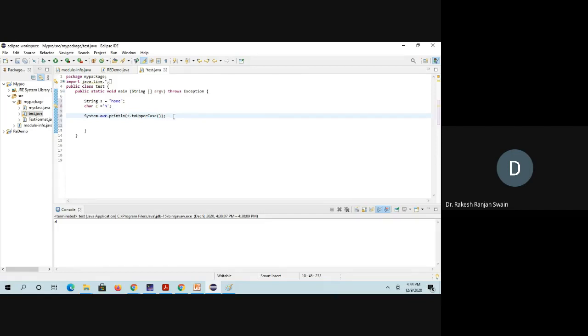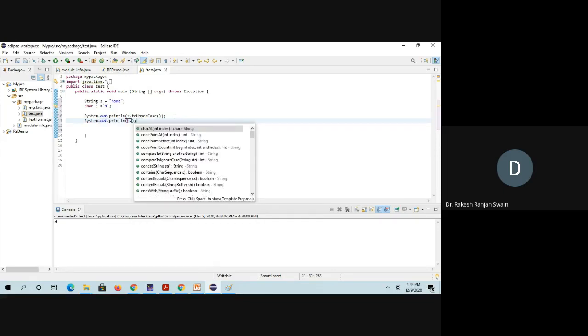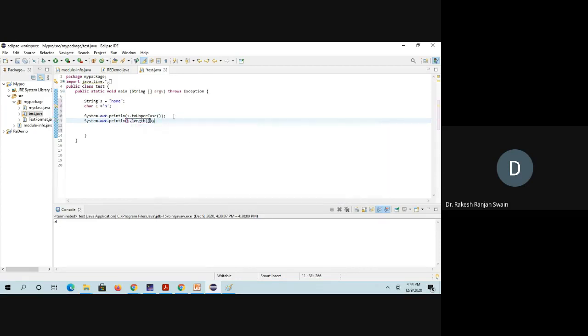Similarly, another method: System.out.println, and inside this I am calling s.length(), which gives the length of the string.